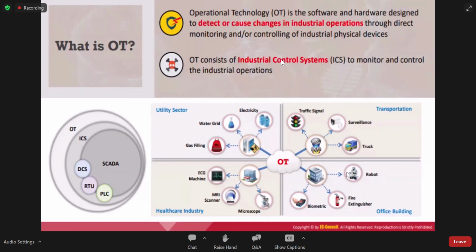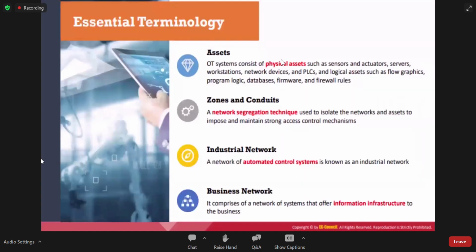Let's go further. A fire extinguisher system is a real example here, like starting the fire alarms and rerouting the waterways to the fire hydrants. The essential terminologies to look for here are assets, zones and conduits, industrial networks and business network.